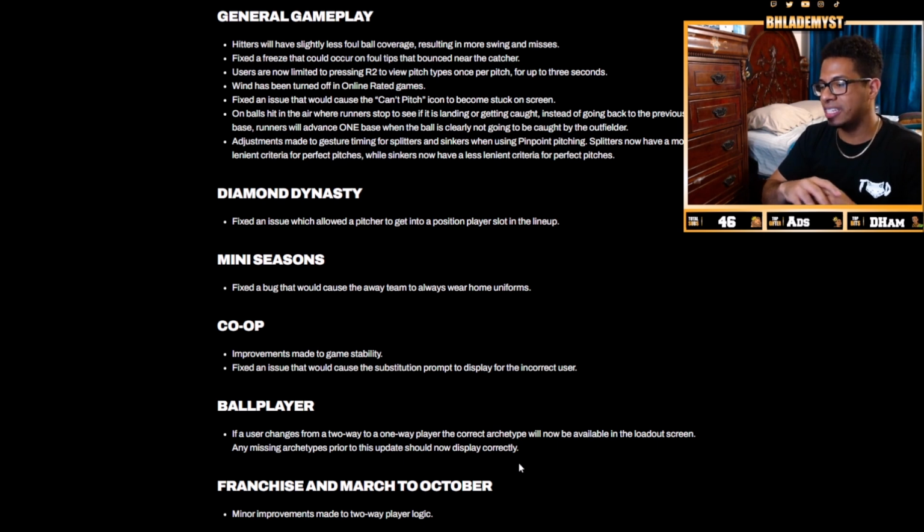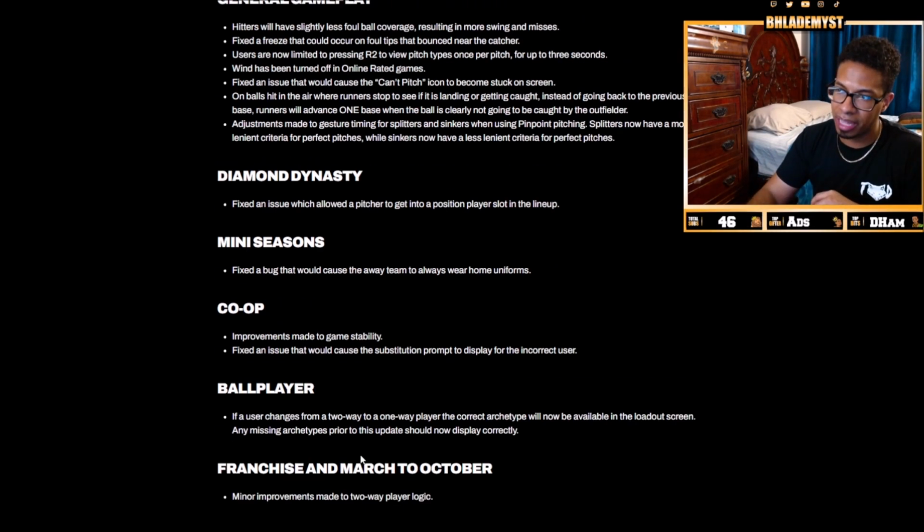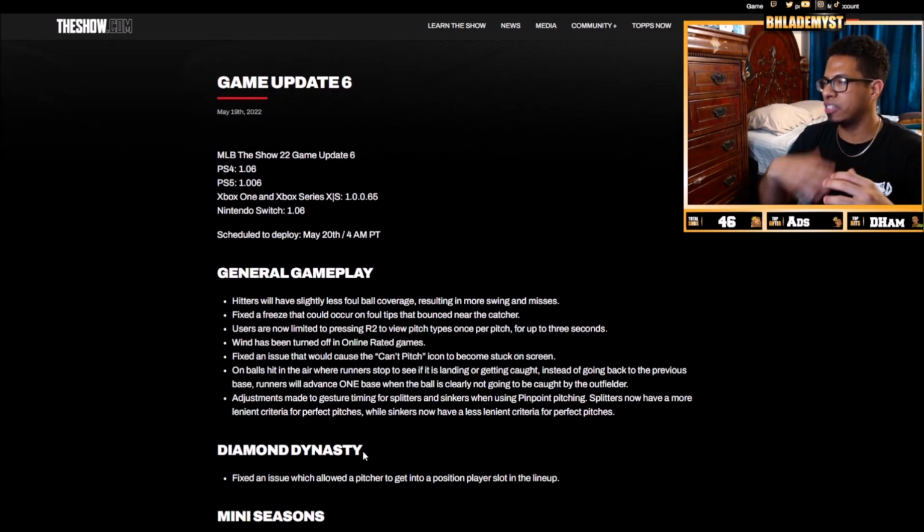And then last but not least, franchise and March to October got minor improvements made to two-way player logic. So that is all for the game update patch notes. I think it's very interesting that they have yet to address anything in terms of the hitting. I believe that they are not even going to work on the hitting engine until probably MLB The Show 22,